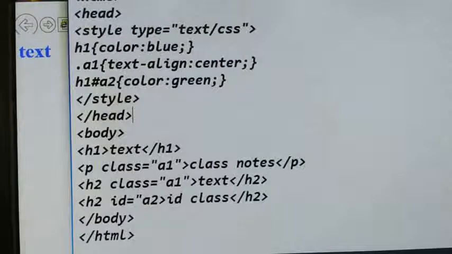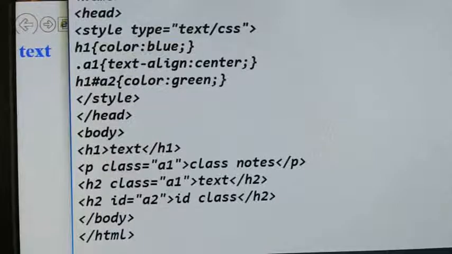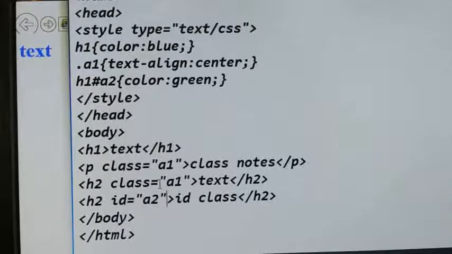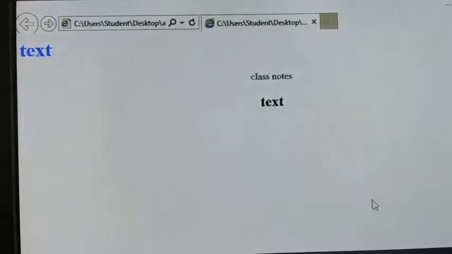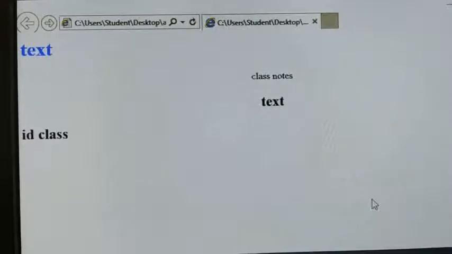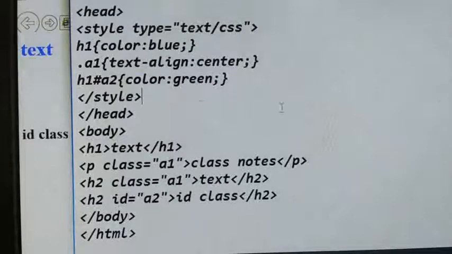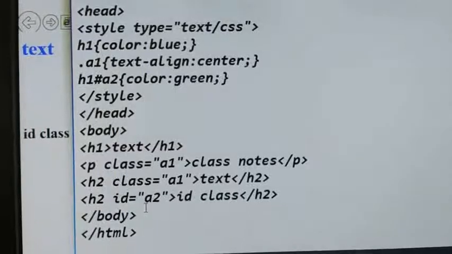Some error has happened there. For A2 I have not given double quotes, so it is not applying the property. Save it. Come to the browser window, refresh this. The ID properties have not been applied. Color, COLOR, color. Here the error is that I have given the ID for h1, but whatever ID I have created, that is for h1, so it is not giving a property.